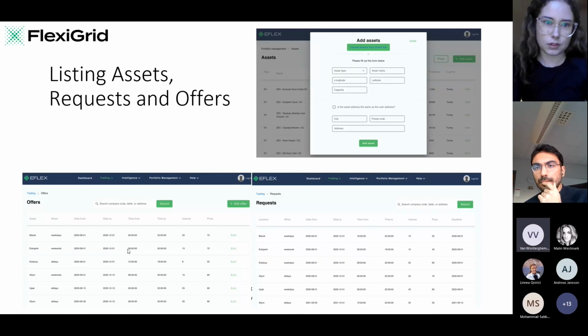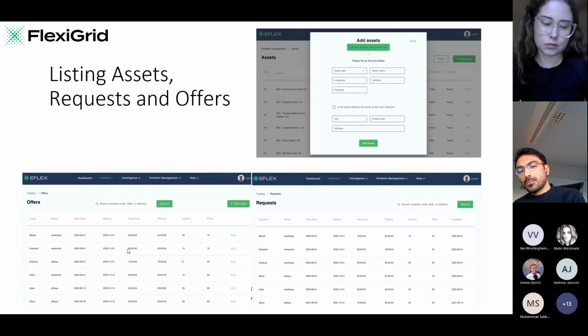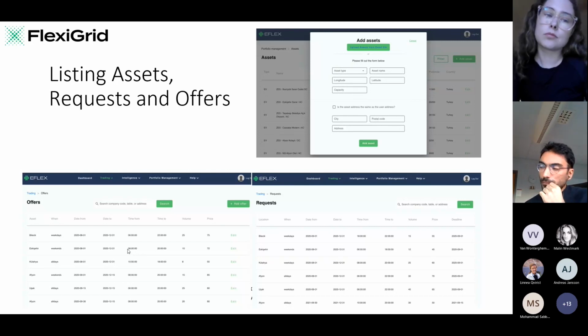Okay, thank you. But we see that at the end of the day, even if we have the flexibility, our estimation is that 98% of the time there is no buying at all, only 2%, and TSO and DSO buying at the same time is very rare. So that is a very extreme case.